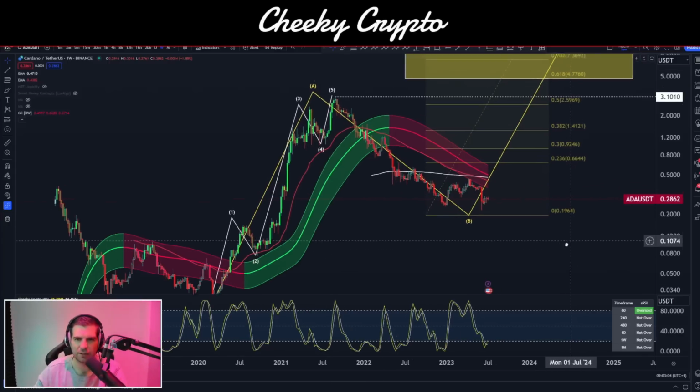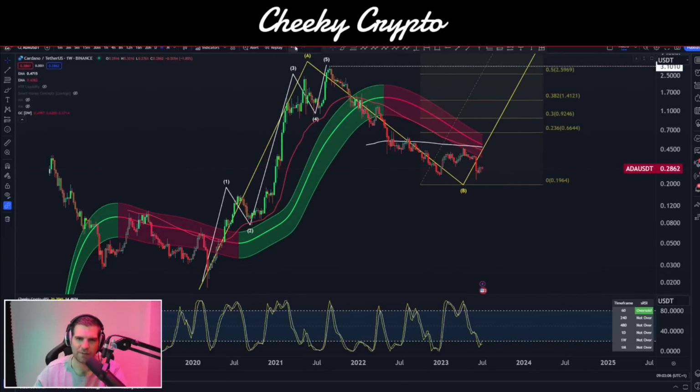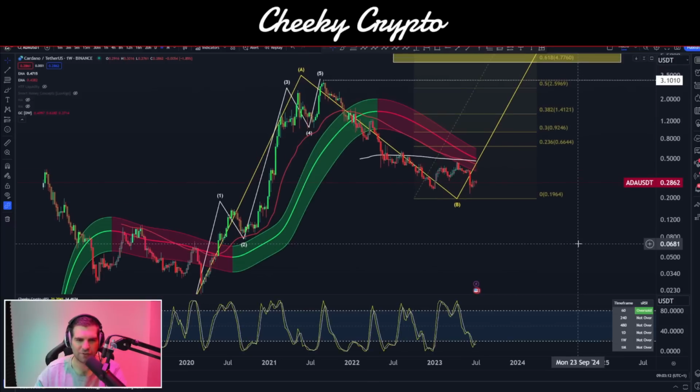So let's take a look, right? As you can kind of see, we have our 2020 through to the highs of 2021 as a 5-wave structure. As you guys know, if you start with 5 waves, we must end in 5 waves. This gives us a lot of encouragement to take a look at an impulsive 5-wave movement to the upside in the next bull market for Cardano ADA. This means we will be testing and pushing some pretty nice and significant highs. So we'll talk more about that in a moment.